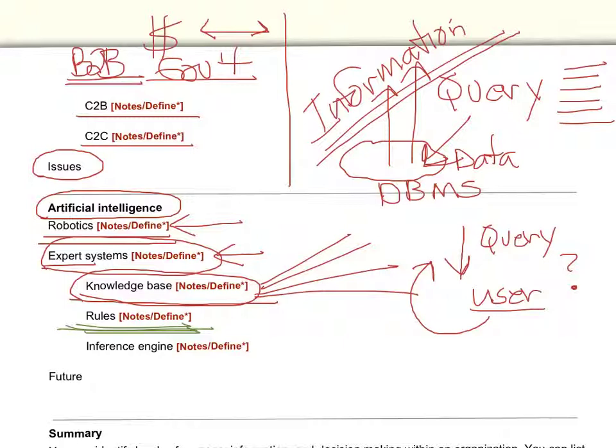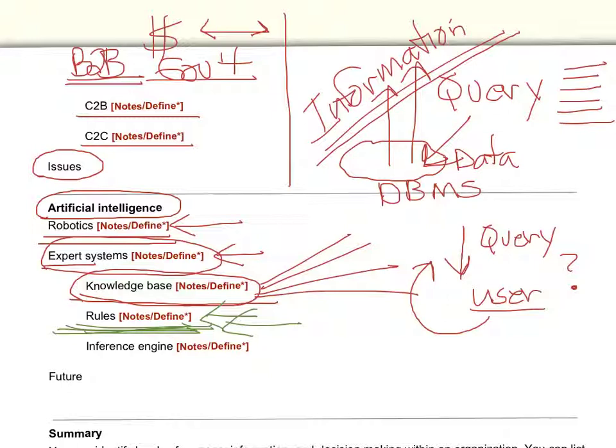If your temperature is over a certain amount, then there's some rule that talks about what might be wrong with you. If you have a certain blood count, then there might be some rule for what's wrong with you. If your car won't start and somebody says, well, does the car make some noise? Then you may say, yes, I turn the key and I can hear the engine turning and turning and turning. So one of the rules would be then your battery's not dead because it's actually causing the engine to turn over.